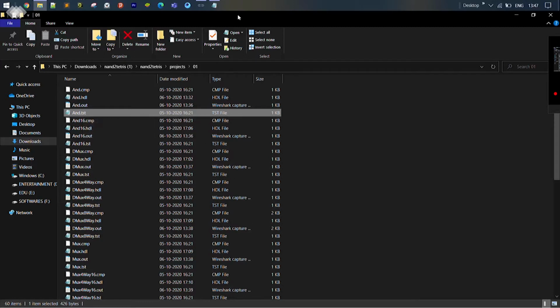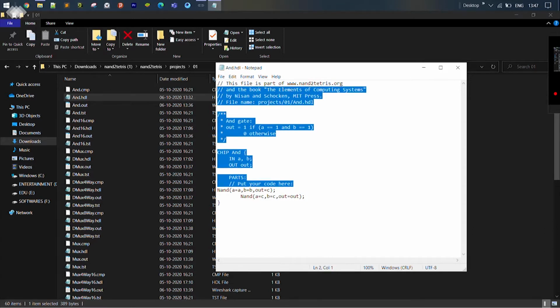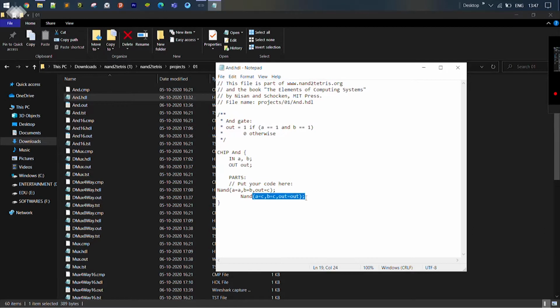So HDL, I'm gonna open. When installing the software or the files, we'll only have code up to this. So what we have to do is, these two lines are to be coded for passing the arguments.